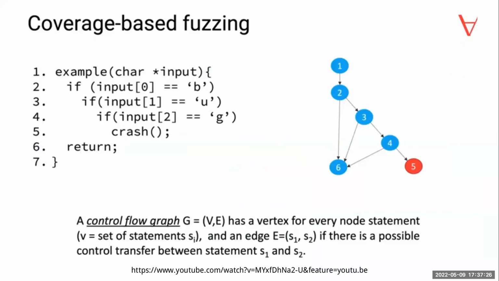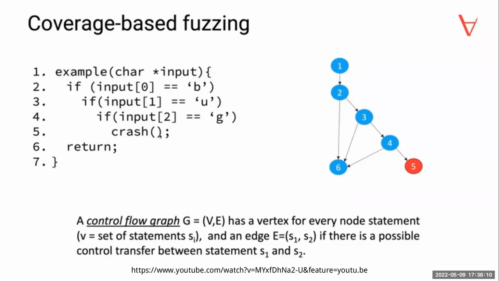Let's say, what does coverage-based fuzzing mean here? Let's say this is the source code. This is a function, for example, and it takes a string. And let's say here there is a bug, a program crash. But the bug is deeply embedded. Only if the first three characters match some letters will we trigger the bug. A lot of real-world bugs are like that, deeply embedded. So how can we